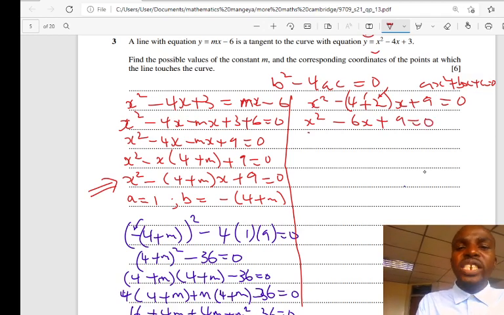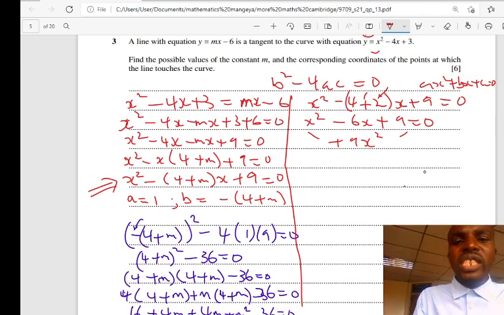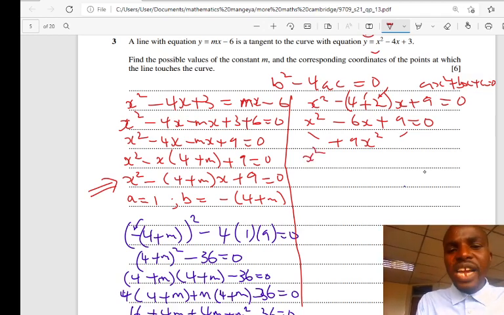It's a quadratic equation here. Plus 9x squared. Then the numbers which, when I multiply, give me plus 9, and when I add or subtract, give me minus 6. It's minus 3 and minus 3, right? So I substitute here: x squared minus 3x minus 3x, replacing minus 6x, the middle value, with the factors. Plus 9 is equal to 0.